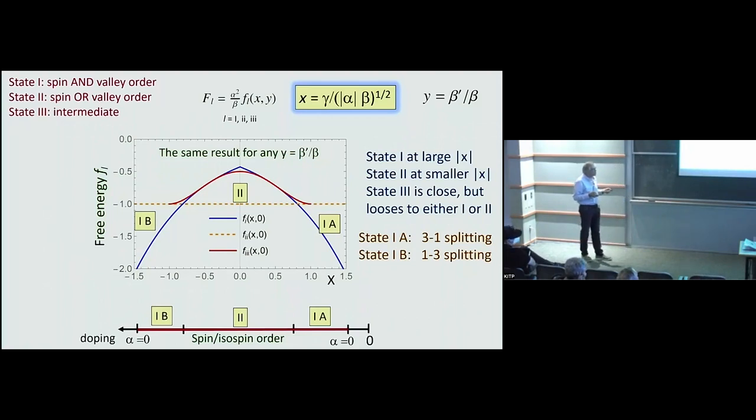We have spin and valley order first, when long range order develops. And this is the state which splits fermions in a 3-1 fashion. Then we have another state, with a first order transition between this one. The state which splits fermions into a 2-2 fashion, and order is either valley or spin, or maybe something more complex, when I introduce